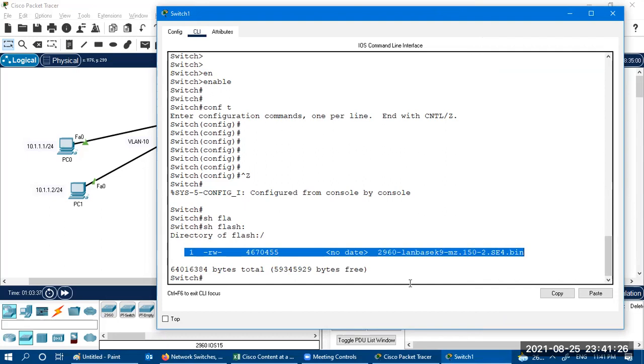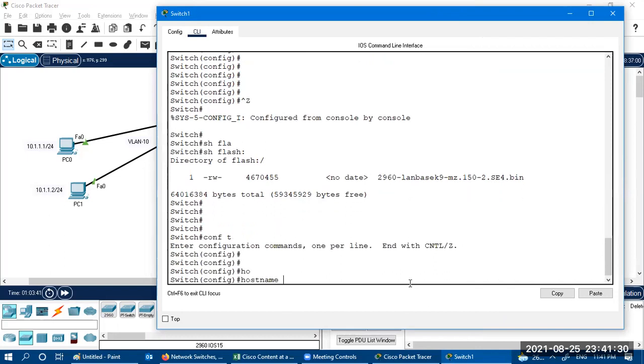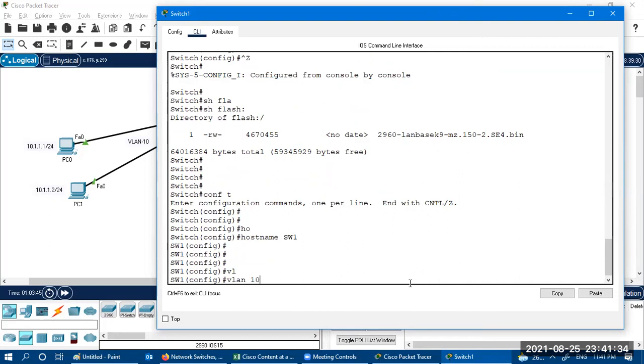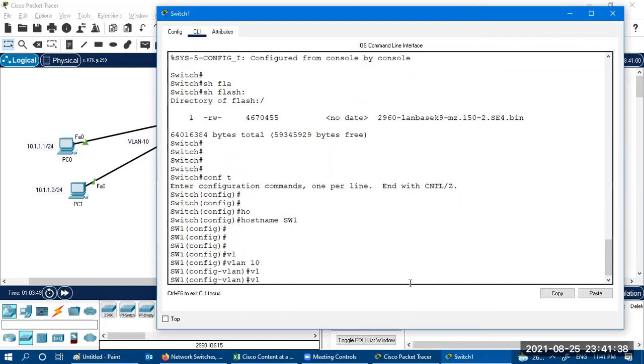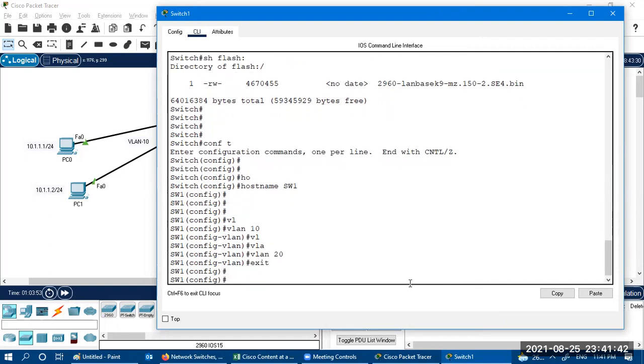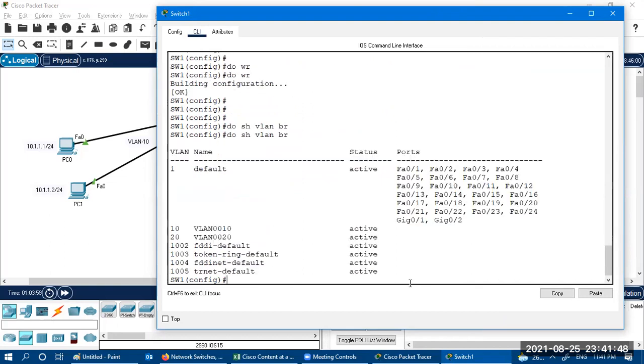There's no VLAN.dat file, but the host name is SW1, and you have to say VLAN 10, VLAN 20, exit, do write, do show VLAN brief. So you can see I have configured two VLANs over here, 10 and 20.